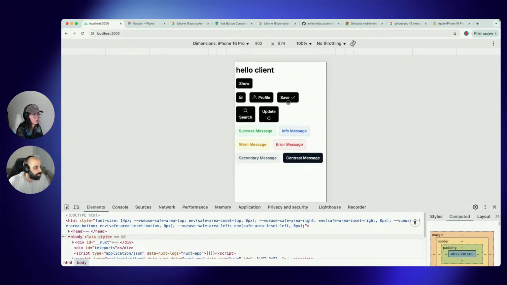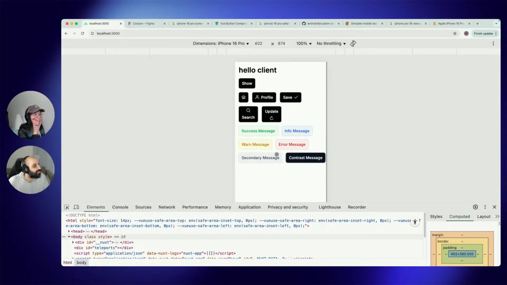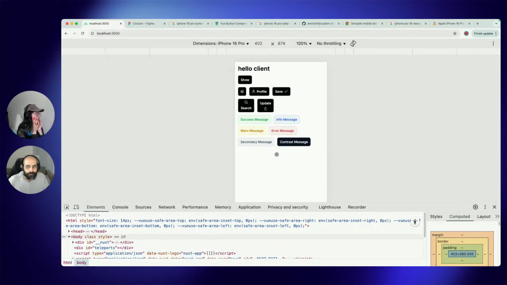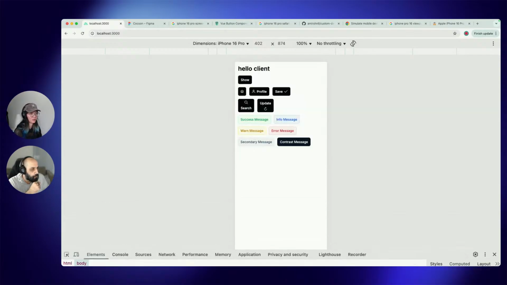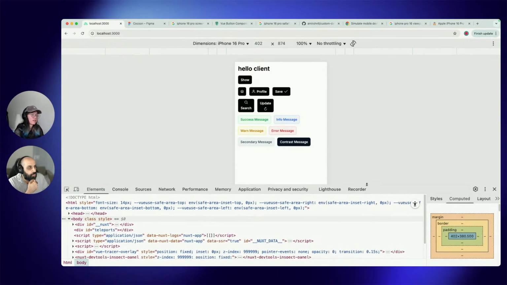I was going to say, when I was doing design on Figma, it was helpful for me to mirror it on my device and just see how it feels. Is there a way to do that when you're coding as well? I haven't done it, but typically what I could do is make this accessible